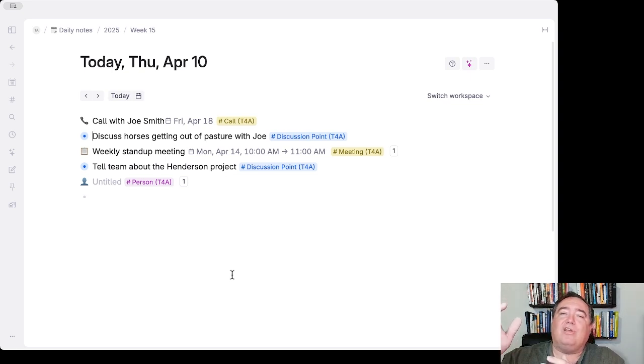And that search is looking not just at the meeting itself or the interaction itself, but also at that first participant of it. Again, if there are more, it won't work exactly. That's a limitation of Tana. But if it's just a call with somebody, a lot of your things are going to be one-on-one, and those one-on-ones are going to work beautifully.